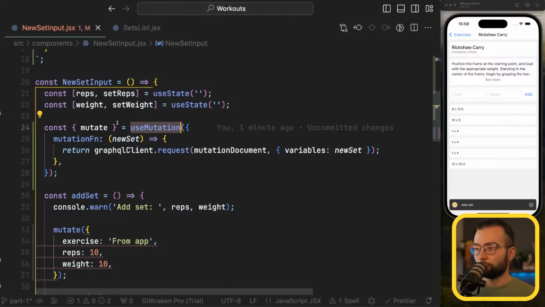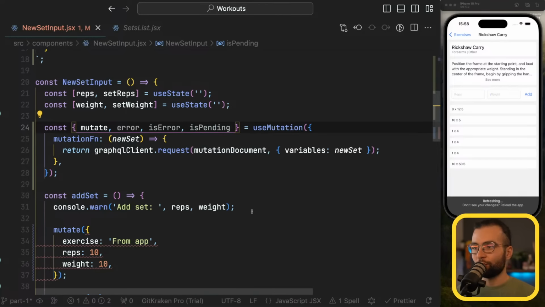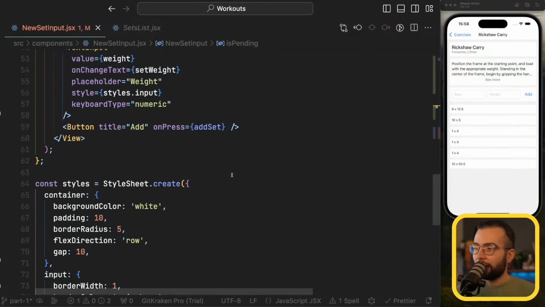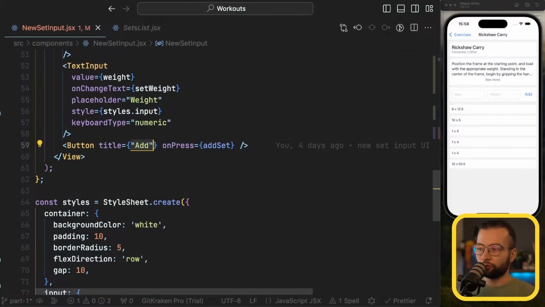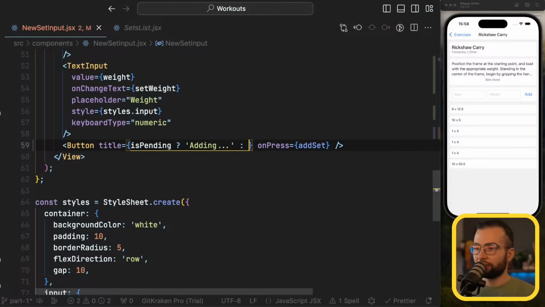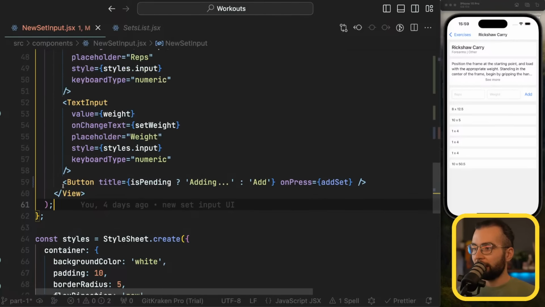So here the use mutation will give us back also the error, and also the is error, and also is pending. So whenever is pending, that means that we are executing the mutation, so we should wait. I could change the title of our button to a conditional, like if it's pending, question mark, I'm gonna do adding. It's gonna look weird, but at least we're gonna see if something is happening. And after the button,